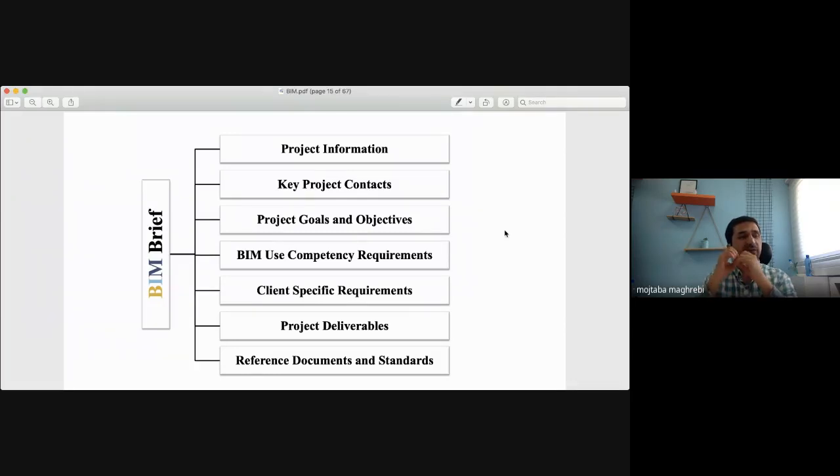If they have a very specific requirement, for example, we want to have BIM but also a construction simulation as well, then what types of simulation, what the safety purposes are, and the deliverables. How could the project be delivered? At the end of the day, how would the project look? How can I see that?